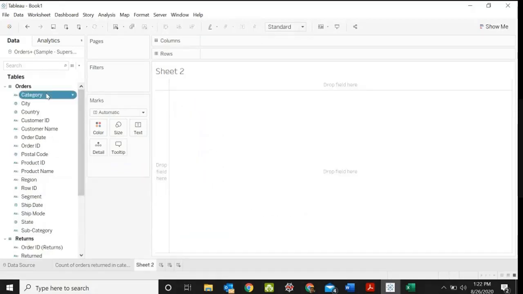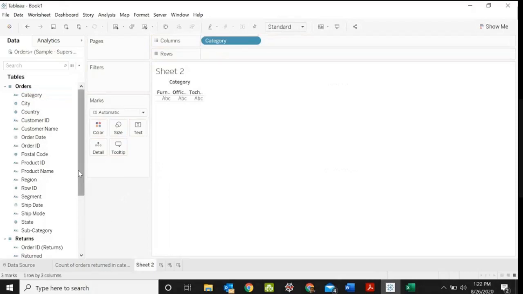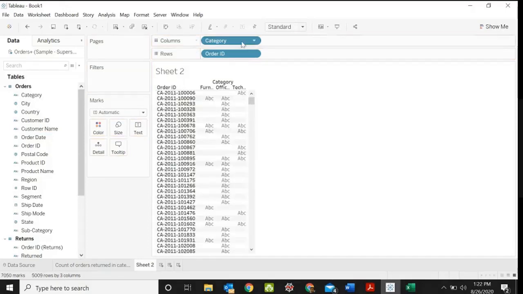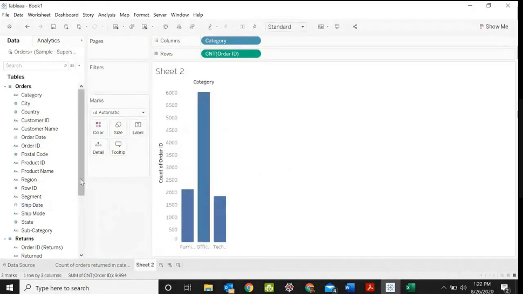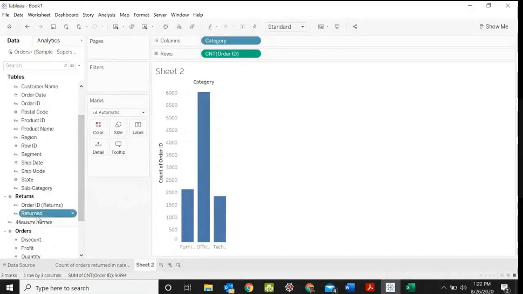So what you can do is drop this category in columns and choose this order ID of orders table, and again select count. Now you have to apply a filter.